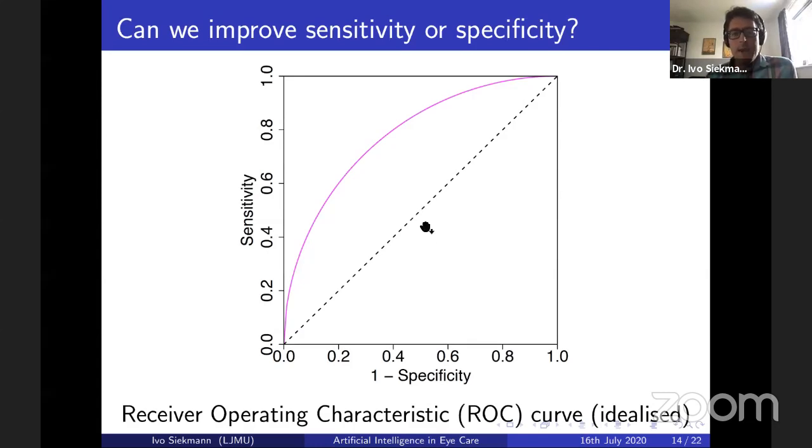And when we do this, we say, okay, if we have 50% people classified as healthy and 50% classified as sick, we will approximately always get 50% right. So we will be on this point here. And you can see that it is even easier to get a high sensitivity